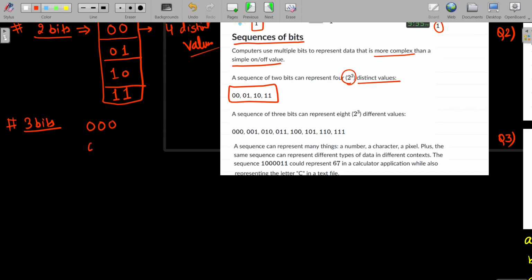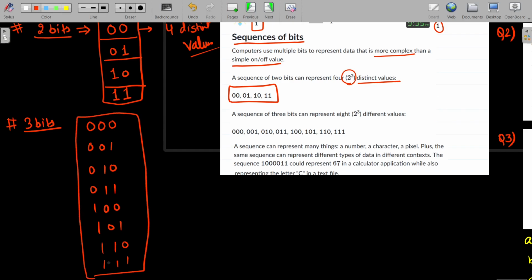So 000, 001, 010, 011, 100, 101, 110, and 111. So total 8 cases it can handle. You can count them, there are 8 numbers. So the general formula is, if we have n bits, we can handle 2 raised to power n number of